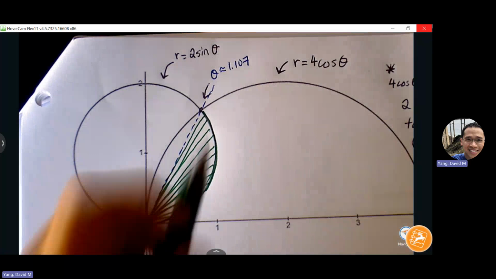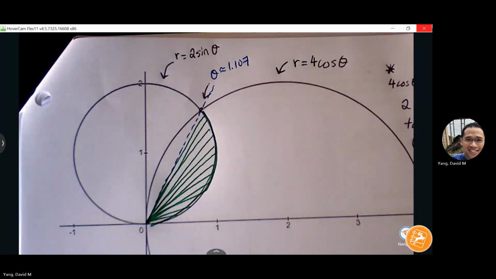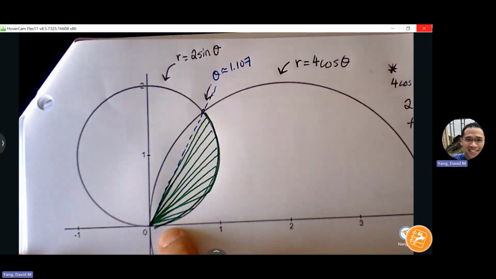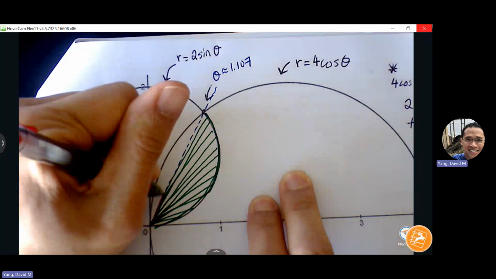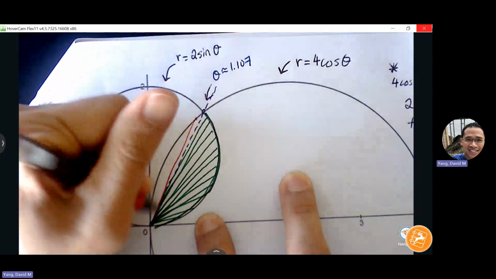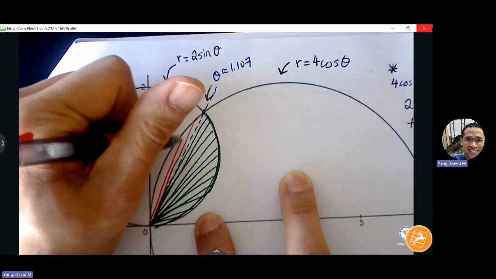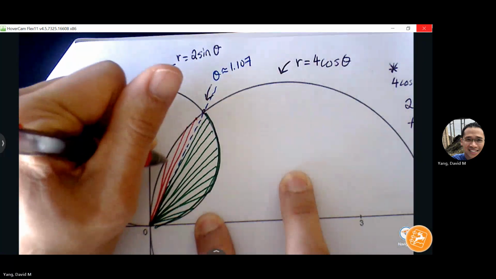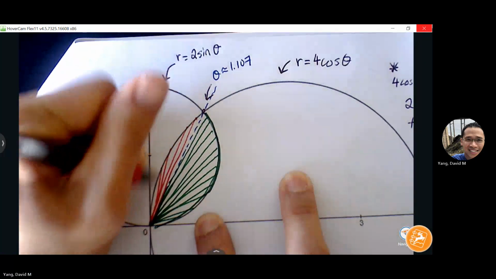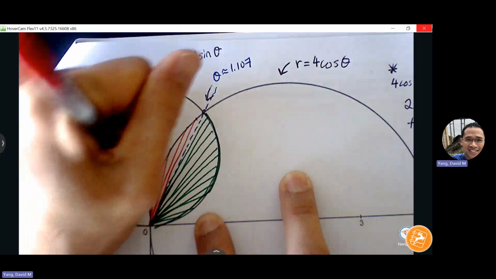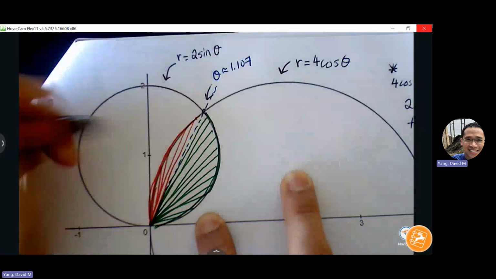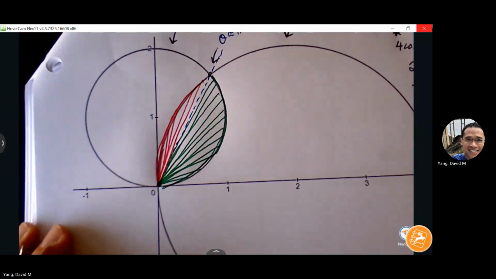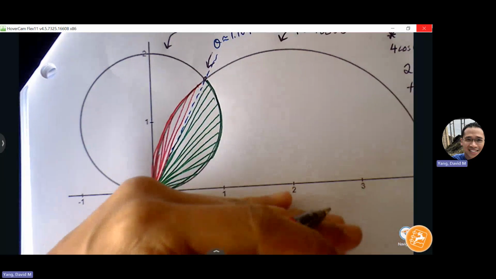But then after we hit that intersection, what graph am I hitting after that? 4 cosine, right? So I'm going to use red to indicate that after that intersection, I'm hitting a different graph now. Highlight that in red. So this is an indication that we need 2 area formulas, one to handle the interval